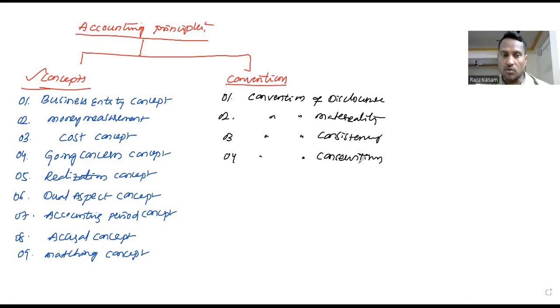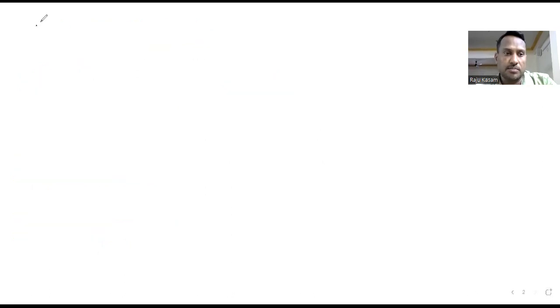So these are the basic accounting principles to be followed by an accountant during an accounting process, divided as concepts and conventions. In this session, we discuss the concepts of accounting principles. My dear students, let's move to the concepts of accounting. The first concept here is the business entity concept. According to this concept,